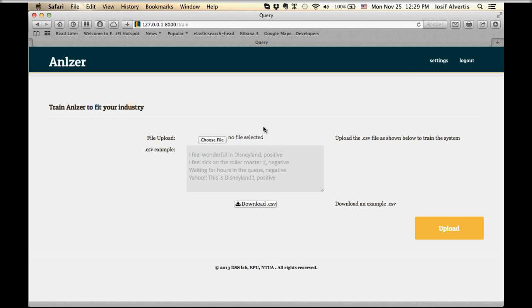Through this screen, the training screen, you can upload the CSV in the format you can see here. So a tweet, and next you have to give the sentiment in order to retrain the system, the sentiment analysis. Optionally, you can download the sample of tweets, go through them, and choose what the sentiment is for every one of these tweets. We have done this process already, so I'm going to show you